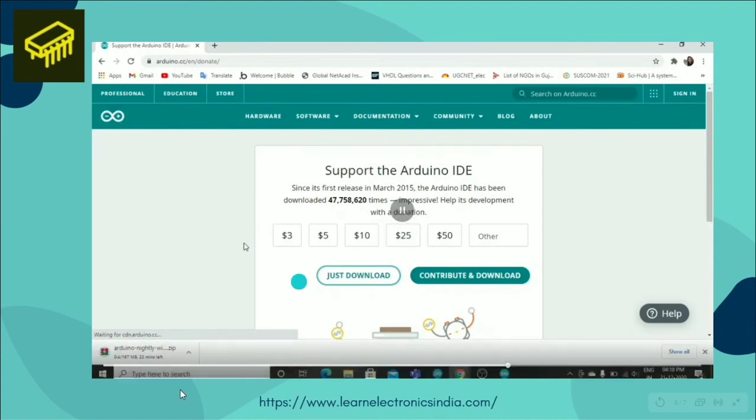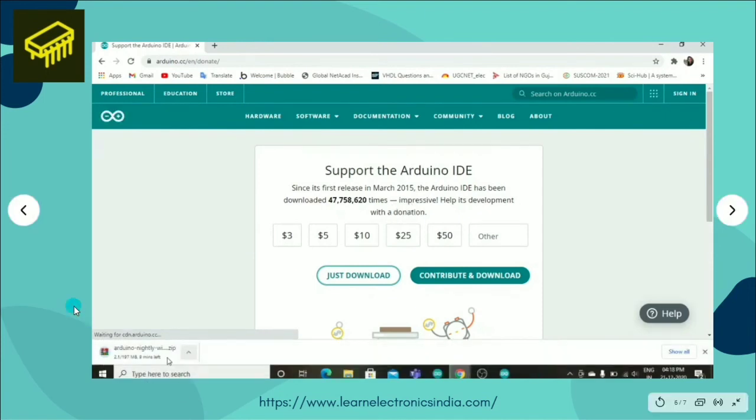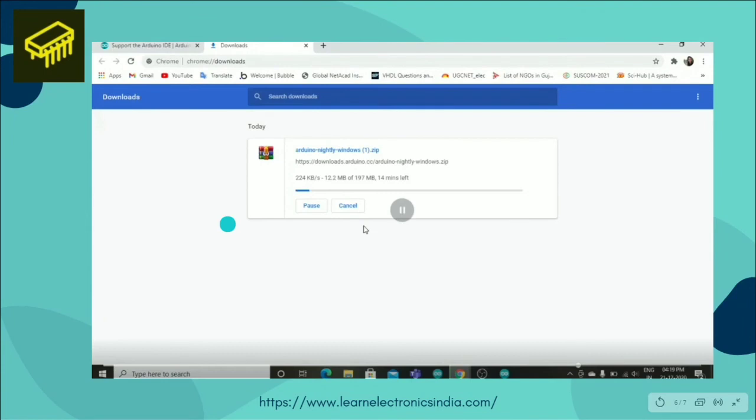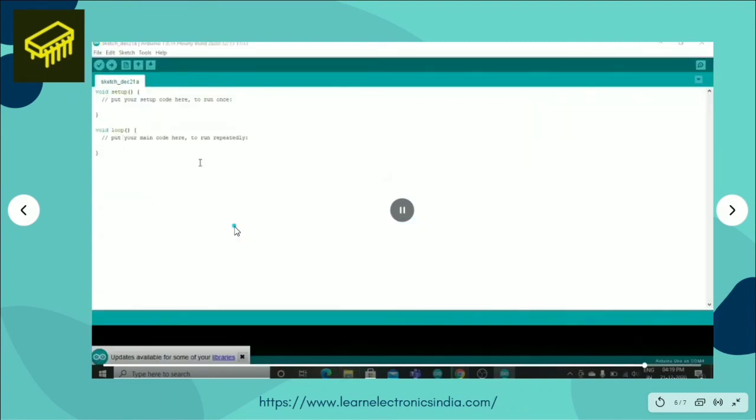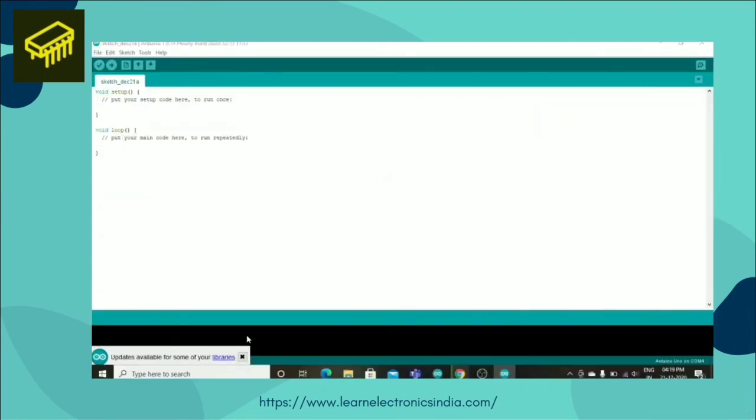As you can see below here, it is being downloaded. After downloading you can install the files, and then you can open your new Arduino. So this is your new Arduino file, and you can start coding from here.